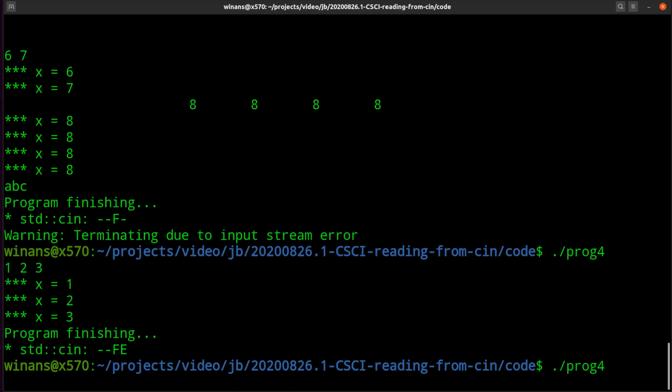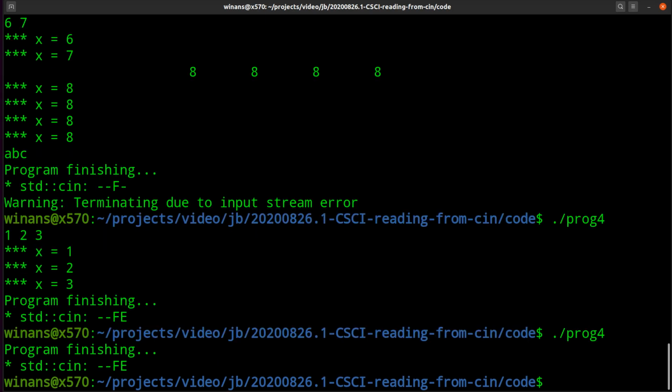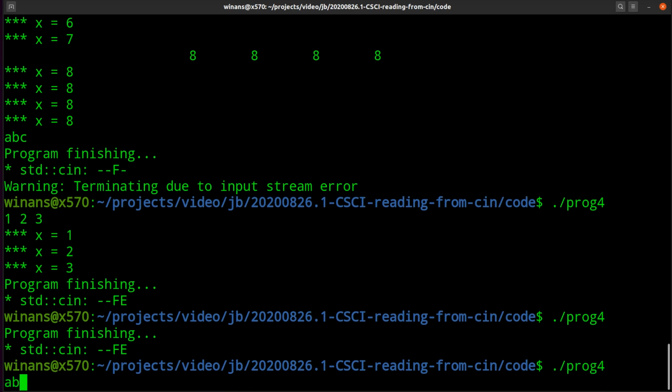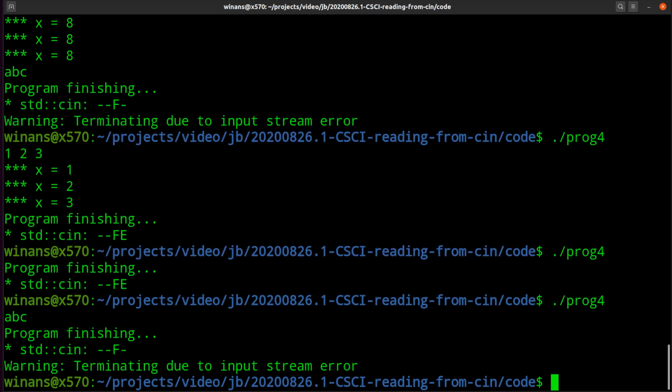Let's run it again and ask what happens if I give it no data at all. So the first thing it does is try to read a value and it gets end of file. Does that work correctly? Yes, it does. It processed 0 elements when there was, in fact, 0 elements. What happens if it gets an error on the very first time? Does that work? Yes, it does. It processes 0 elements if it fails on the first one.